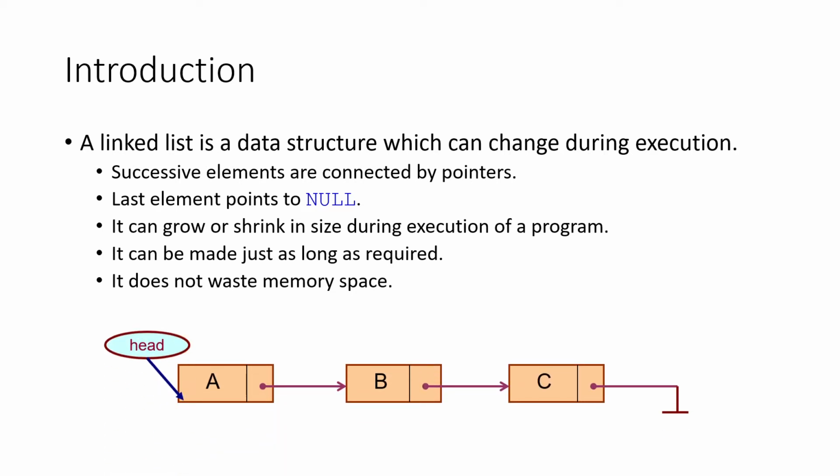Okay, let us see here. This is a linked list containing three nodes. First node contains information A, and the successive node B is connected by a pointer field. That means the pointer field of node A contains the address of node B. Okay, and the next node C is connected to B through this pointer field. The last node in the linked list does not point to any node, therefore it points to null.